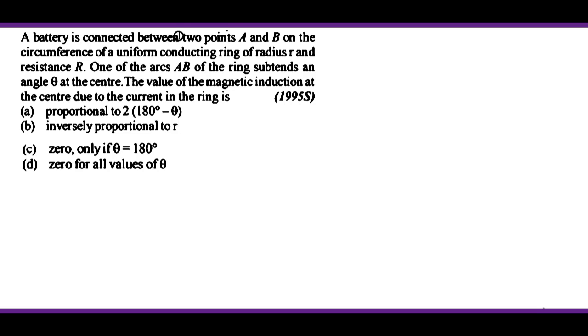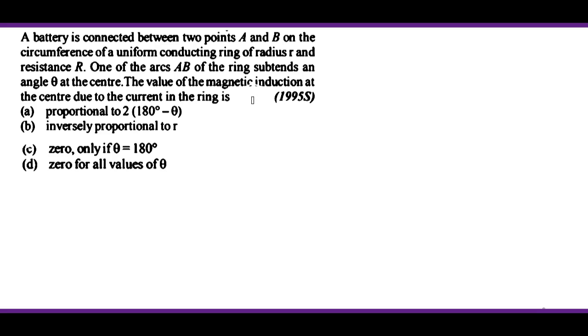ओके, इस क्वेश्चन में दिया गया कि कोई बैटरी है जिसको कनेक्ट किया गया है 2 पॉइंट से ए और बी ऑन द सर्किमफेरेंस ऑफ अ यूनिफॉर्म कंडक्टिंग रिंग। कोई कंडक्टिंग रिंग है, उसके 2 पॉइंट से कनेक्ट किया गया, जिसकी रेडियस r एंड रेजिस्टेंस कैपिटल R है। वन ऑफ द आर्क ए बी ऑफ द रिंग सबटेंस एंगल थीटा। कोई आर्क ए बी थीटा एंगल सबटेंड कर रही है। द वैल्यू ऑफ मैग्नेटिक इंडक्शन एट सेंटर ड्यू टू द करंट इन द रिंग। जो रिंग में करंट फ्लो करेंगे उनकी वजह से जो मैग्नेटिक इंडक्शन होगा सेंटर पे, उसकी वैल्यू क्या होगी, ये हमें बताना है।